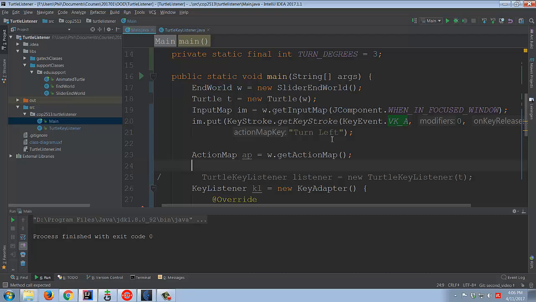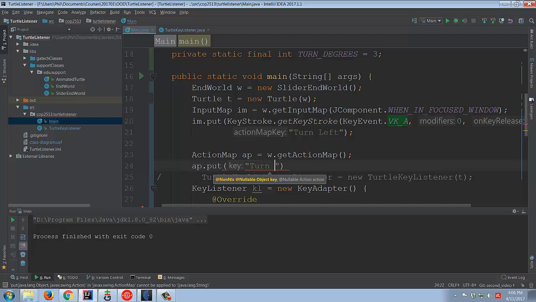So it's a two-step process. We have our input map for the key binding, that is, whatever the keystroke is, it maps to some form of string, and then we have our action map that takes that string and gives us an actual action itself. Okay, so I can say AP, down here, put,